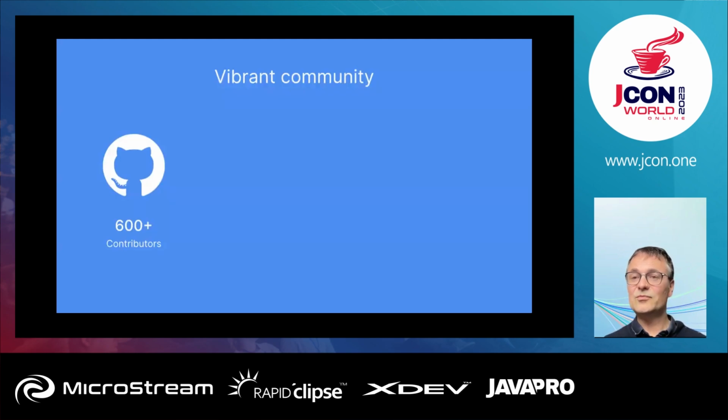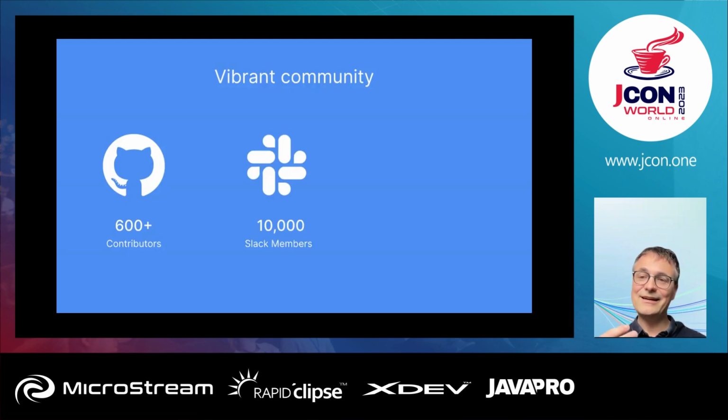Some data on the Pulsar open source community. There are more than 600 contributors to Pulsar, and there are more making contributions to the ecosystem surrounding Pulsar. The entire Pulsar code base is growing year over year. And you can discuss with the community on Slack. The number of Slack members has reached 10,000. So many people can help you. And additionally, there are now thousands of organizations using Pulsar.